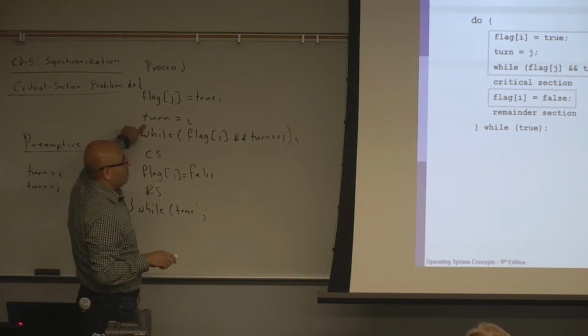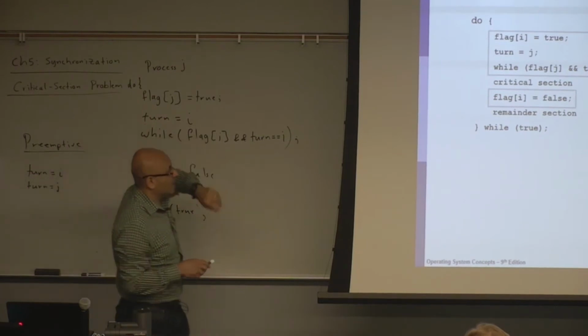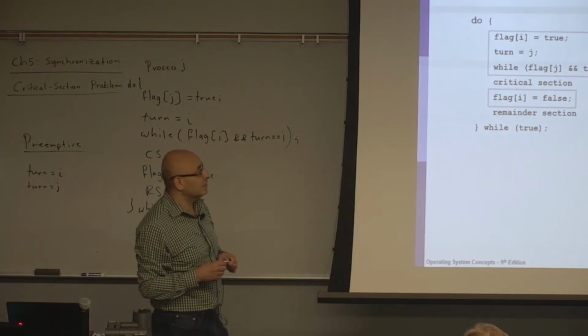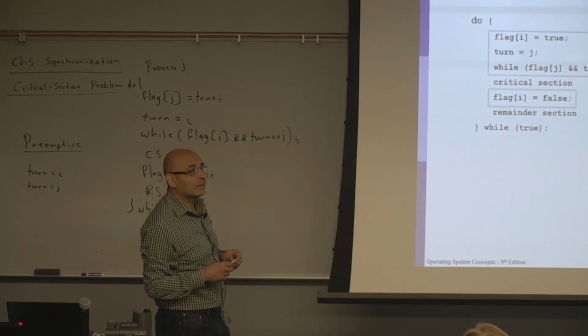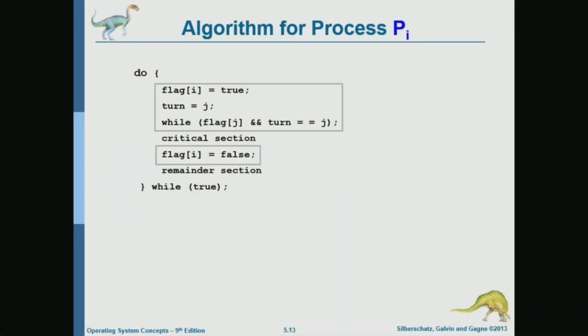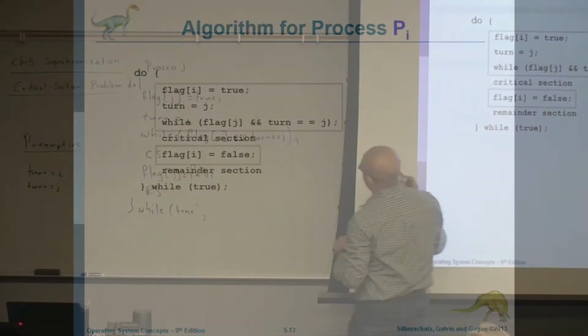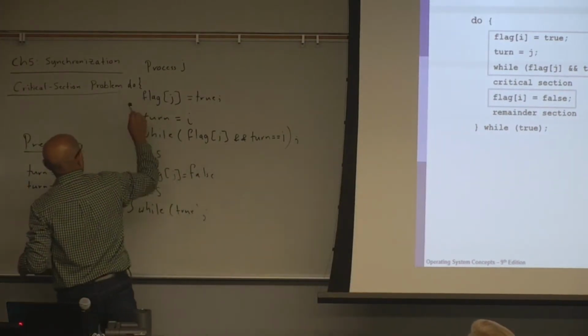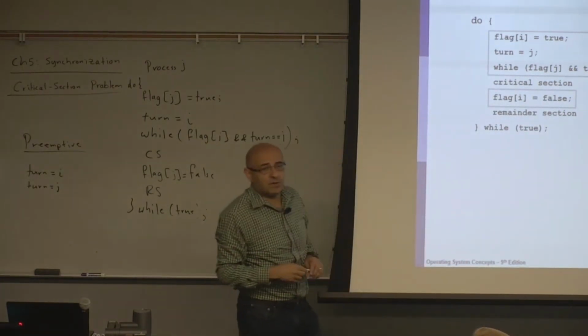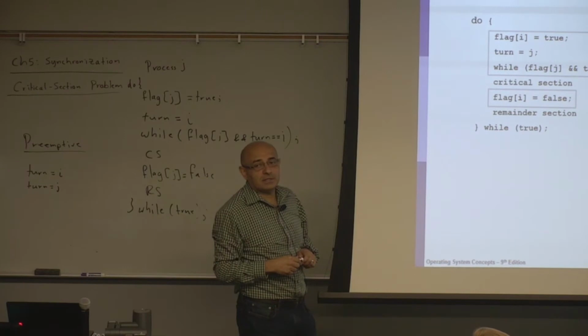Now, if I gets the CPU again and executes this, will it access the critical section or not? No, because turn is set to I. Okay, and this is I. So it's going to wait if turn equals J, if turn equals other. So now turn will no longer be other, turn will be I, which means that under this scenario, if process I does this and this, then process J does this and this, and then process I checks on this condition, it will find that the condition is false, and it will enter the critical section.